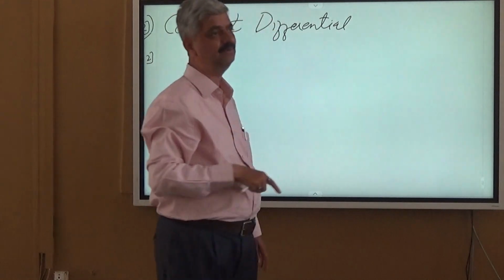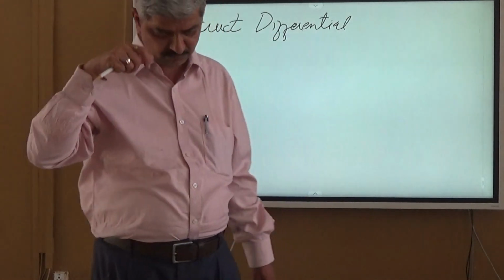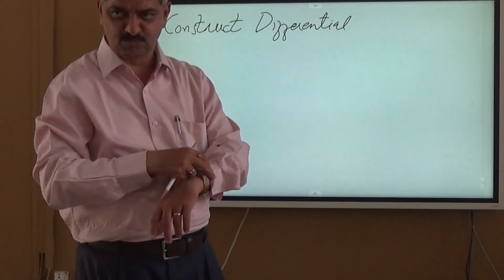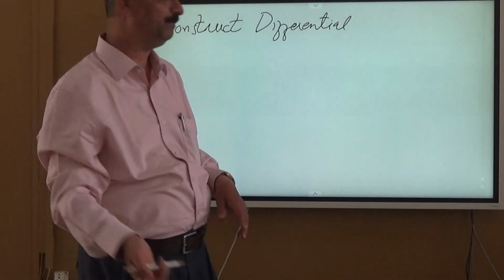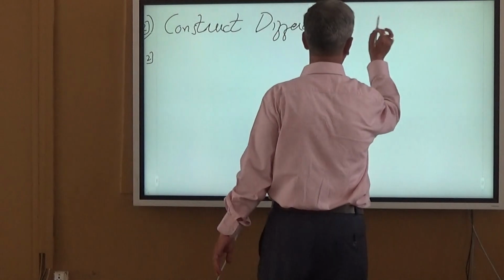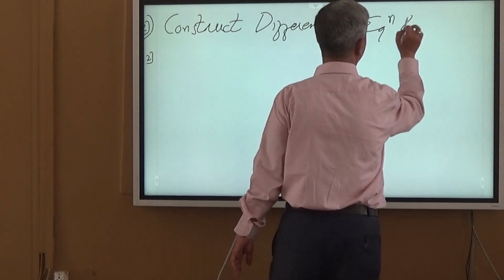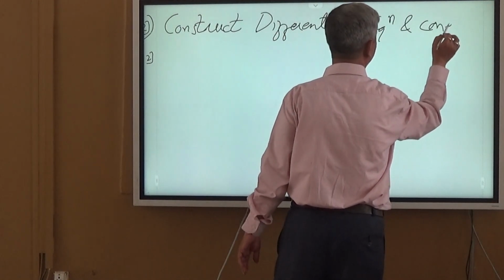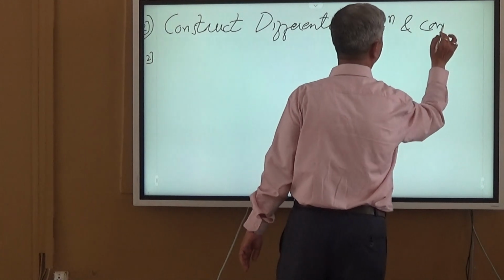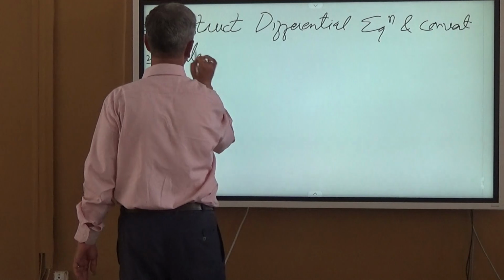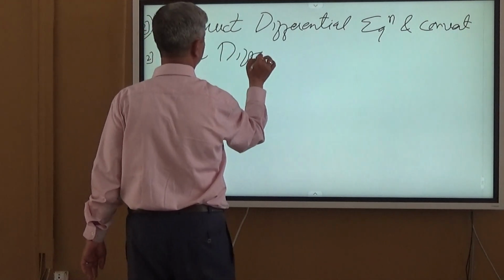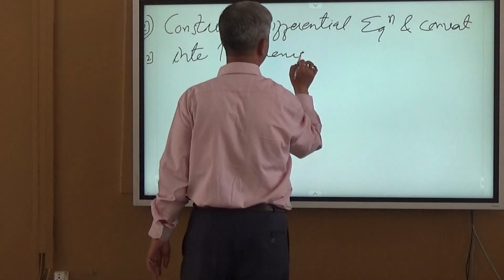This problem I will allow you 2-3 minutes to think. I will give a hint and then the complete solving will be tomorrow. Construct a differential equation, then convert into a difference equation